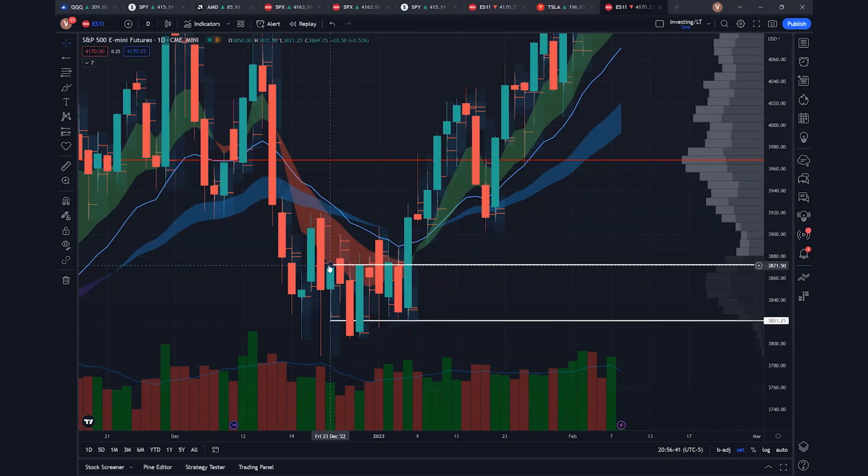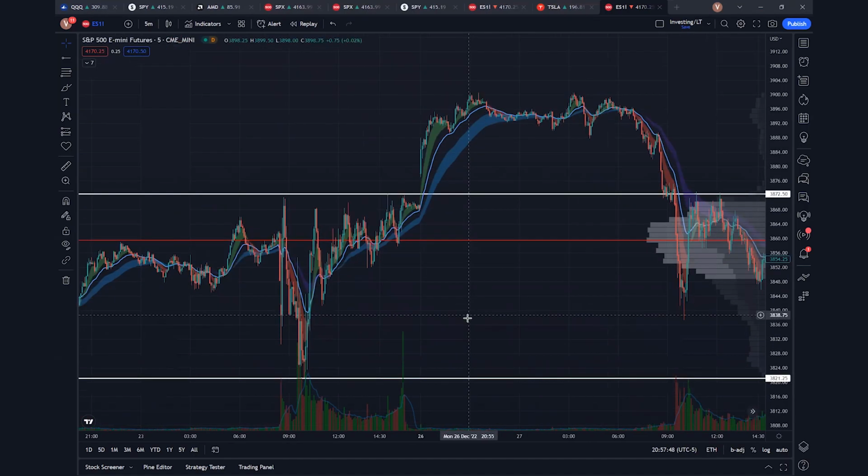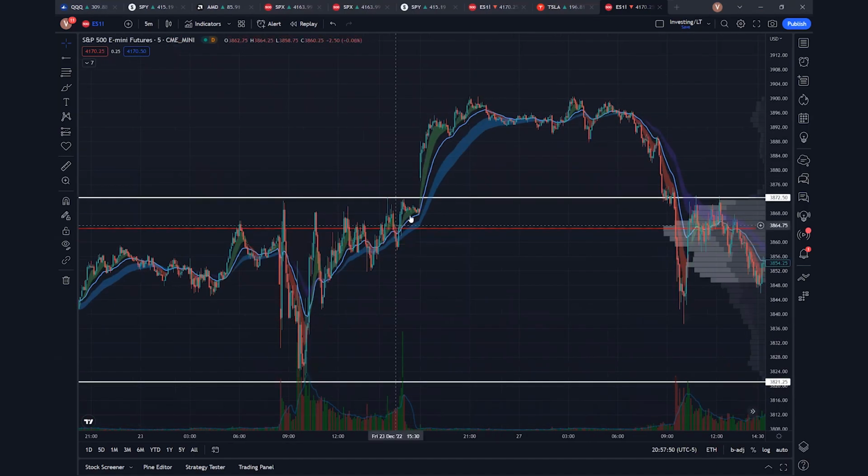What we're going to do here is, when you escape that inside day on the following day, realistically, you're going to be looking for an extension, right, to the upside or the downside, whichever way it escapes. And this is a very useful tool for day traders. So why don't we just dive into that? Let's see what day it is, December 27th. So you can see on this chart that we actually open up,